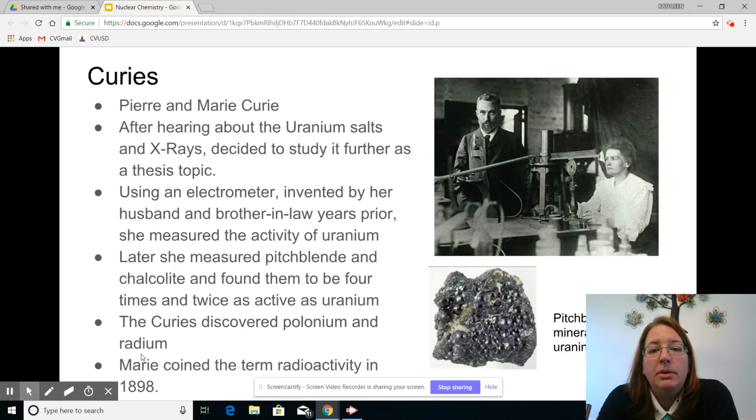She was married to Pierre Curie, and he was a physicist of the time. He had invented with his brother-in-law this thing called an electrometer, and she used it to study the activity of the uranium. What Becquerel wanted her to do was take this thing called pitchblende, which is just a rock, a mineral, and study it and see if there was radioactivity in it. And when she measured it, she found out that it actually had about 4 times as much activity as the